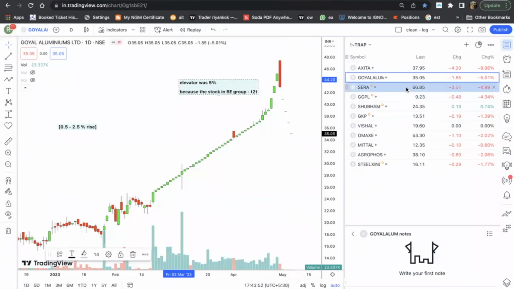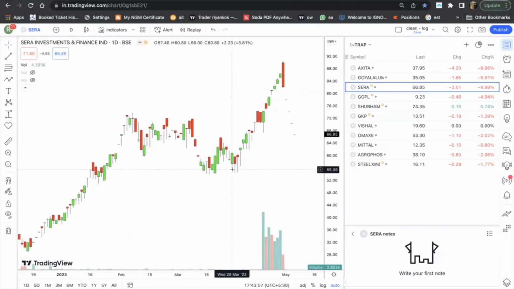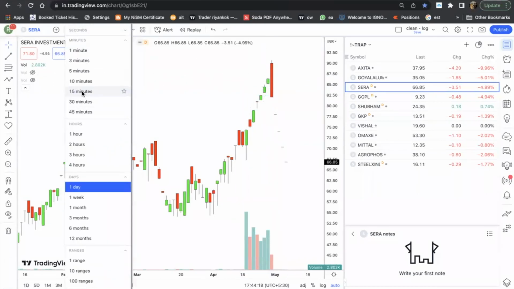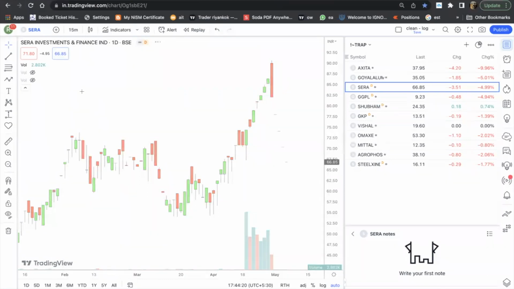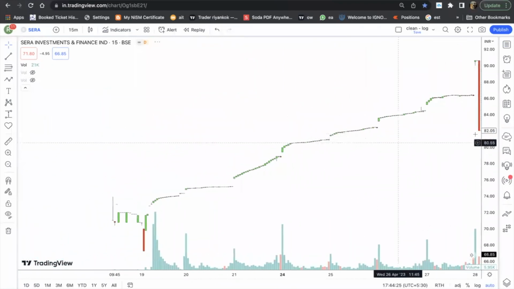One typical way of identifying a trap pattern is that sometimes the stairs are not able to form completely. Okay, sometimes stairs are not able to form entirely. You will see only 1, 2, 3 stairs being formed, and you will be like, how do I find out from 3 stairs whether this is a trap pattern or not, right? Because in 3 stairs you cannot identify if this is a trap pattern. So in that case, what you have to do is shift to the 15-minute time frame chart. Okay, you shift to the 15-minute time frame chart, and what you'll see on it is this movement.